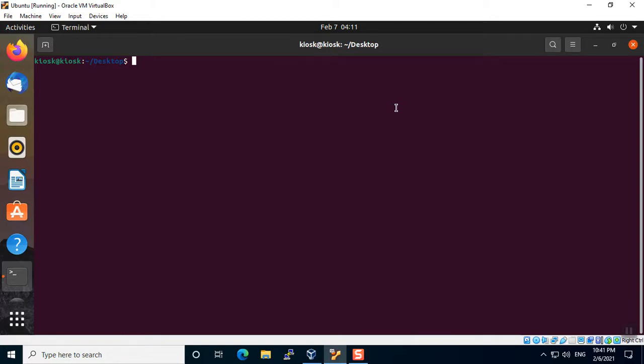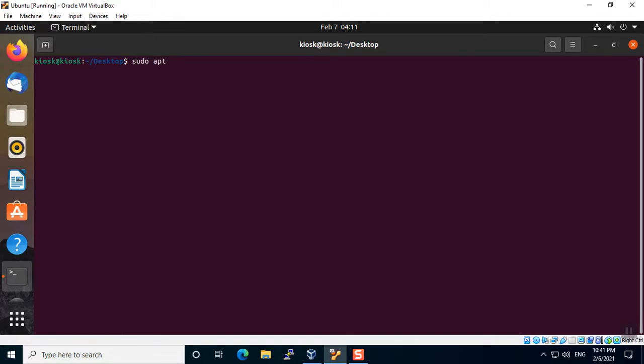Whether it's Ubuntu, Red Hat, or CentOS, first check that the package is present or not. The commands are different but the concept is the same. So let's check that the package is present or not.